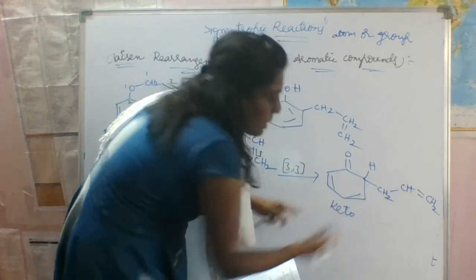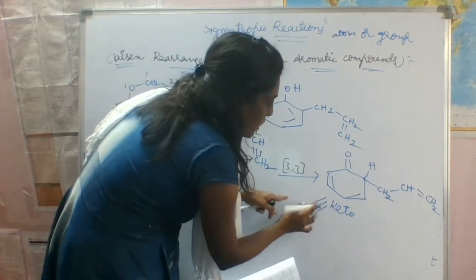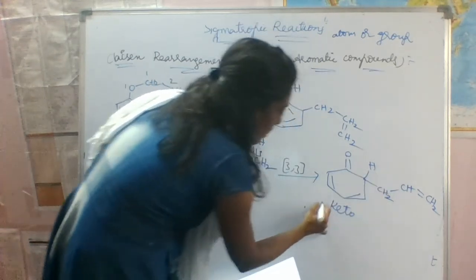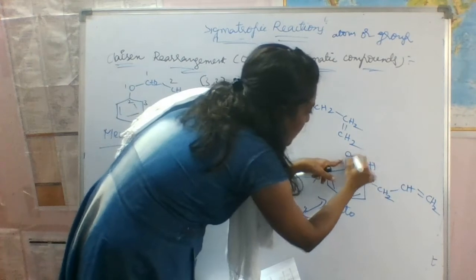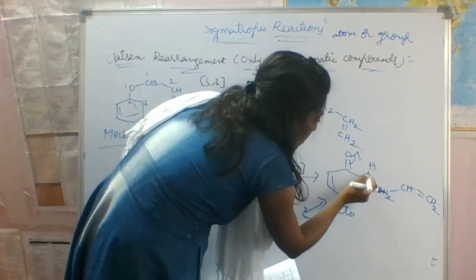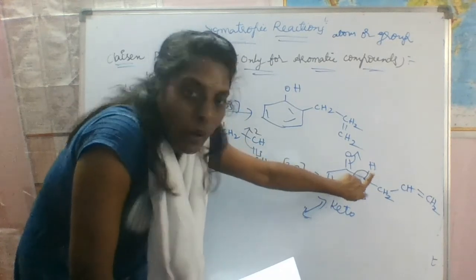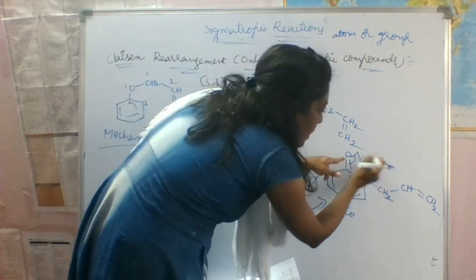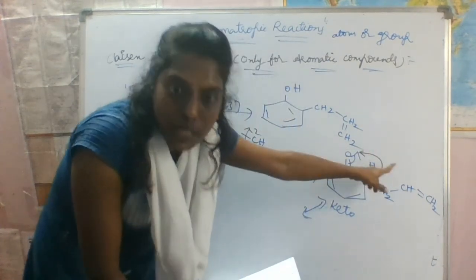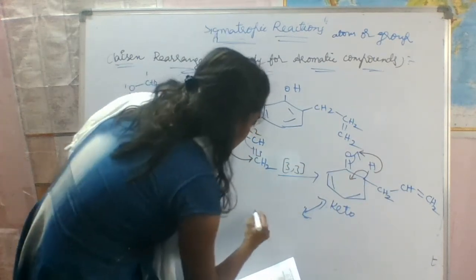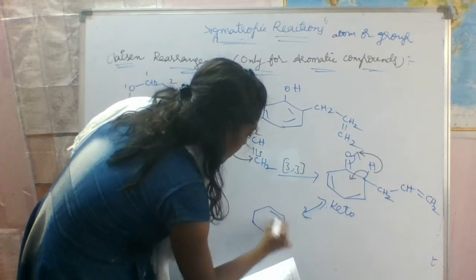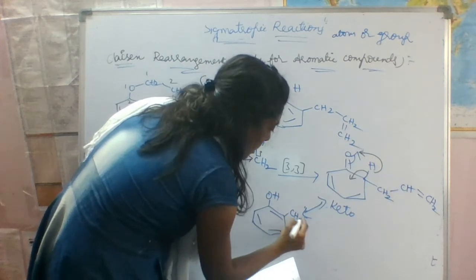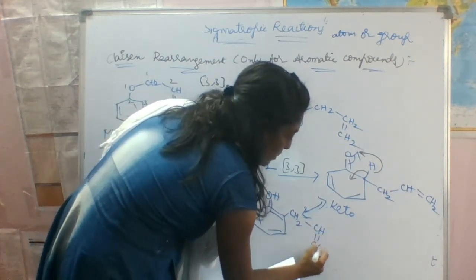Okay, this is not the stable form, and this is again converted into, just I don't have a space here, that's why I want to write. Just if you shift this one, what will happen? This hydrogen will donate the bond pair of electrons, and this will become O minus now. So this hydrogen is leaving as H plus and attacks this O minus, and it becomes an OH. Okay, so means here double bond is retained here. This one, here OH is there. Here CH2 CH double bond CH.